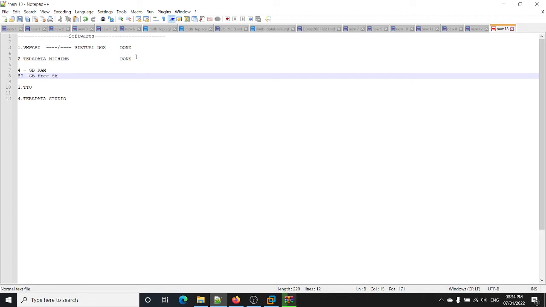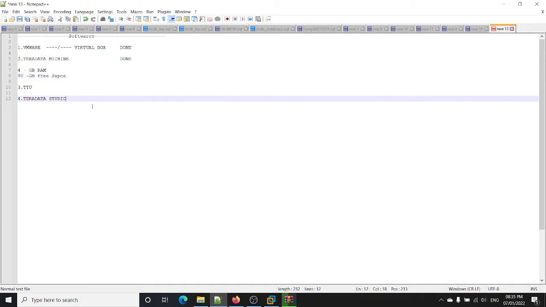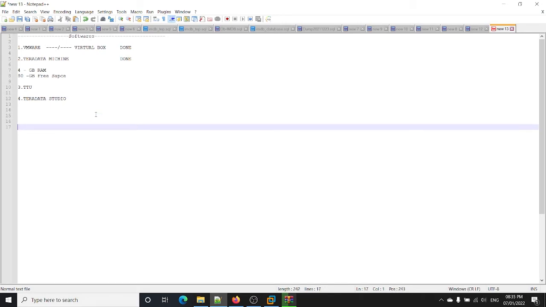As the Teradata machine is going to expand till 40 GB, it's always recommended to have double the space, so you can expand it further. Okay, so these are the mandatory steps. So what I will suggest is, if you have 8 GB of RAM, then you can go ahead.